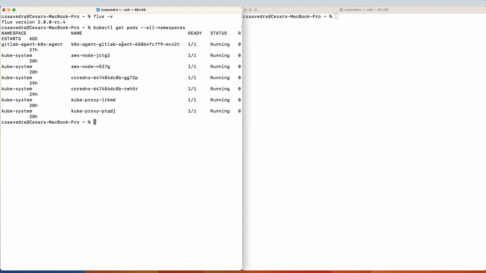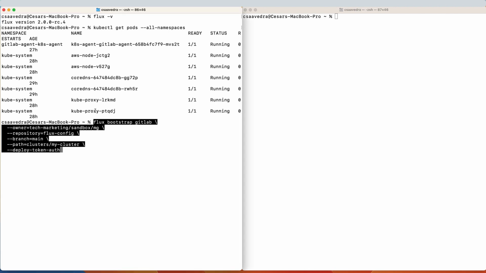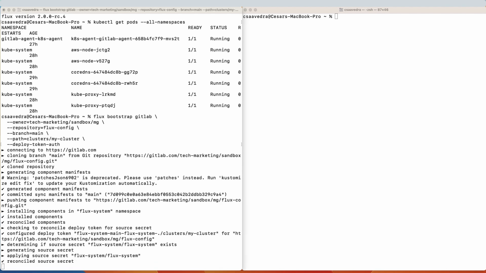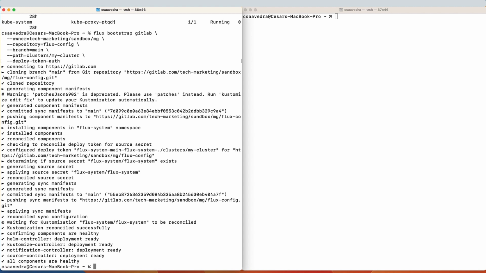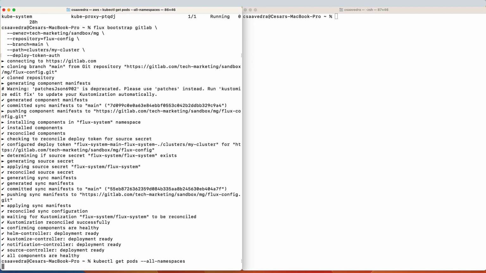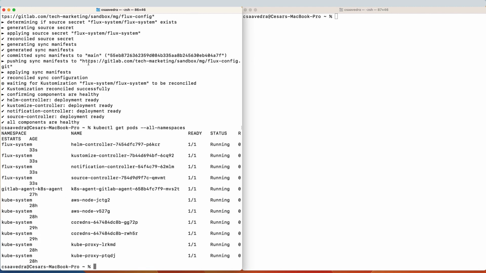Now we bootstrap Flux and pass it the location of our GitLab repository flux-config. As Flux initializes, it populates the repository with its configuration manifests to manage itself from it. The bootstrap will also install Flux on the Kubernetes cluster and create a project deploy token to access the flux-config repository. Checking the pods of the cluster, we now see that there are a few new pods in the flux-system